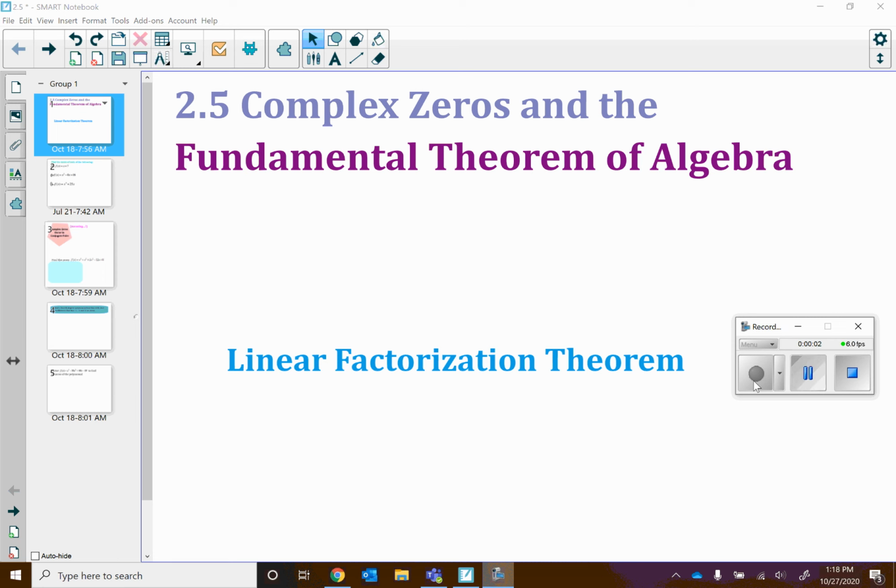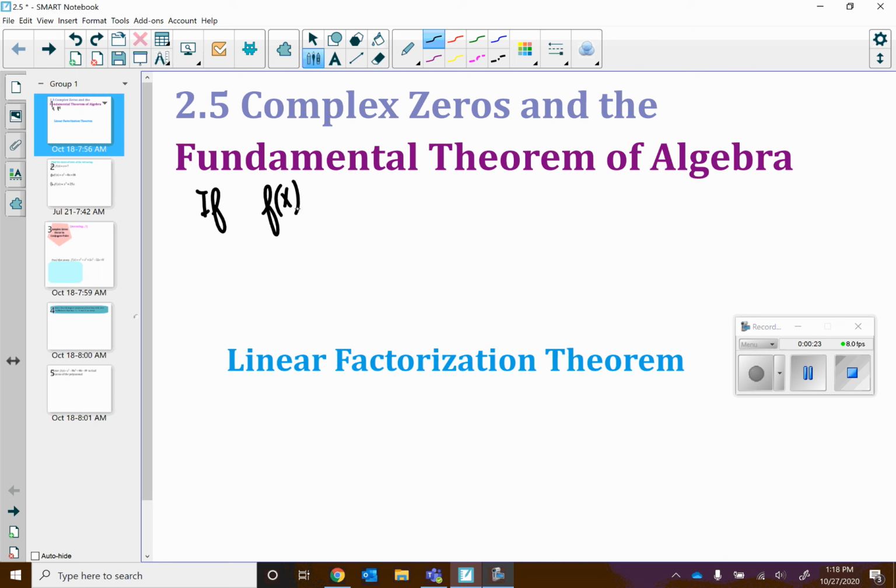Hello, Pre-Calc. We're going to do some quick introductory notes for section 2.5, complex zeros in the fundamental theorem of algebra. So the big thing in this section is the fundamental theorem of algebra, specifically if f of x is